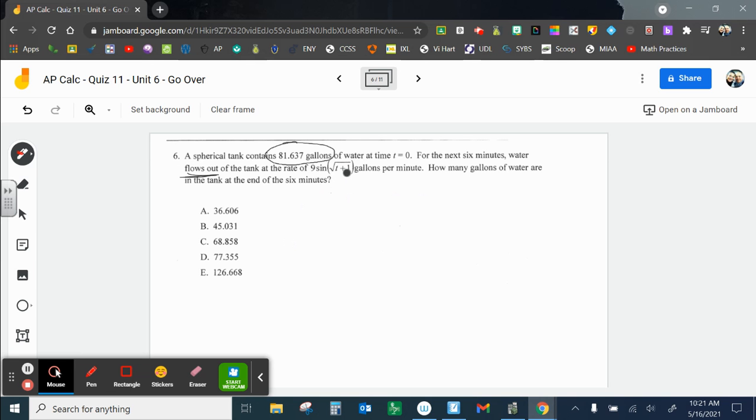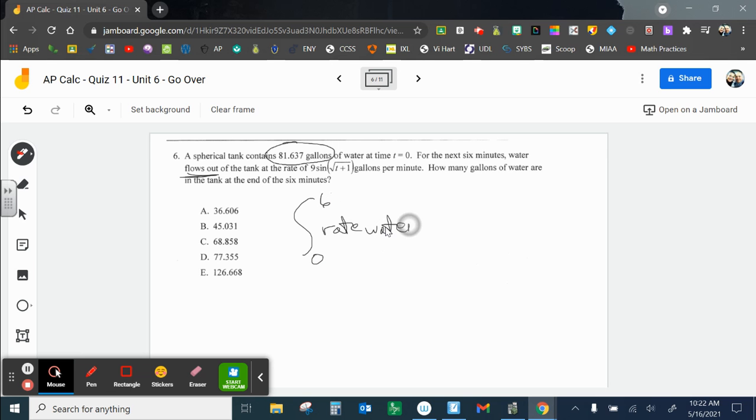At a rate of 9 sine square root of t plus 1 gallons per minute. They don't call it f of x, g of x, h of x. That's fine. But flowing out, so we know it's going lower. How many gallons of water are in the tank at the end of 6 minutes? So the integral from 0 to 6